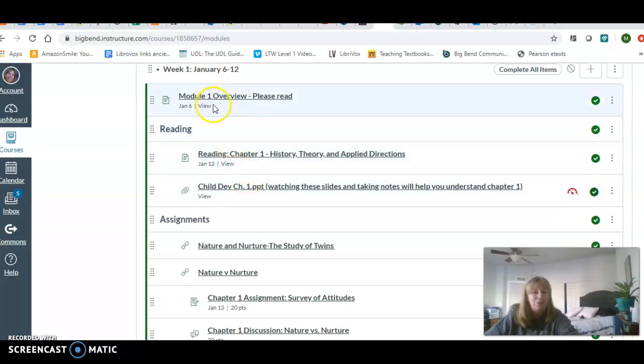So even though there's nothing to do for this module, nothing to submit, there is something to do. You're supposed to read it, but there's nothing to submit. It will still show up on your calendar. So when you click on it,